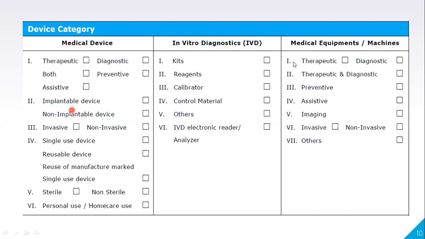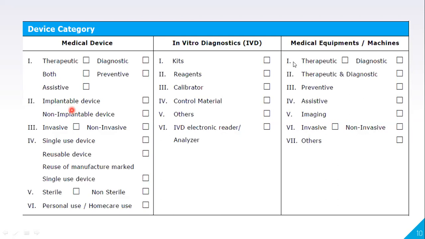Clear? Non-invasive. Sir, but an injection liquid we give inside the body, that is not the medical device, no sir. I'm just giving you an example for better understanding. I'm not mingling the injection and the medical device. The drug inside is a drug.